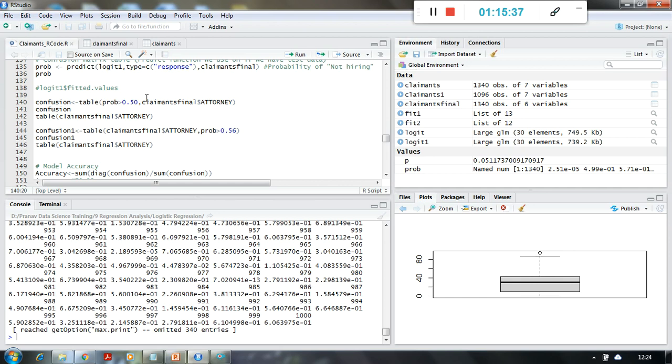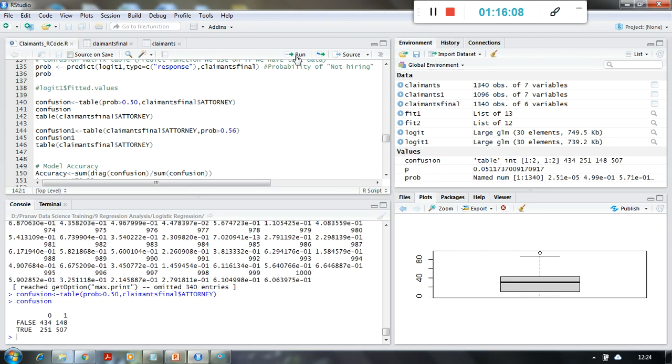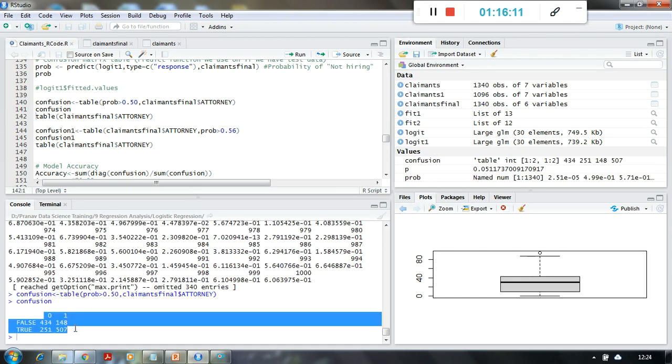Now while writing this model for this problem, if I want to plot the confusion matrix, then what I can do is I will use the table function again. Here I am saying that whatever probabilities my model has calculated, take greater than 0.50, because this is the default cutoff I am going to use, and plot it versus the original classification in the data. Okay, so we will get a table, and this table is our confusion matrix.